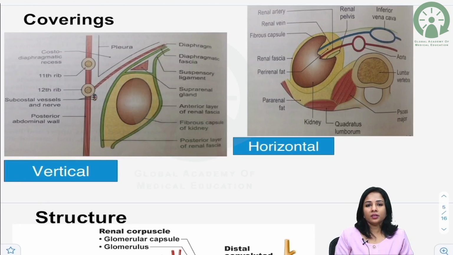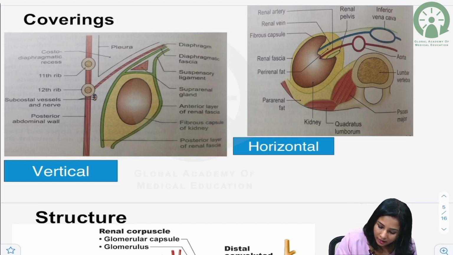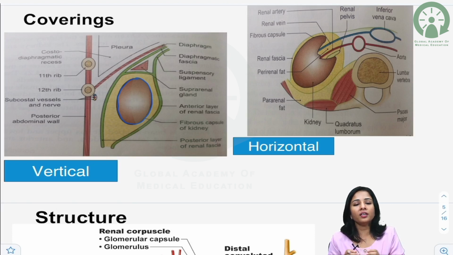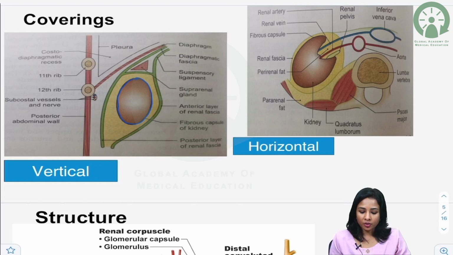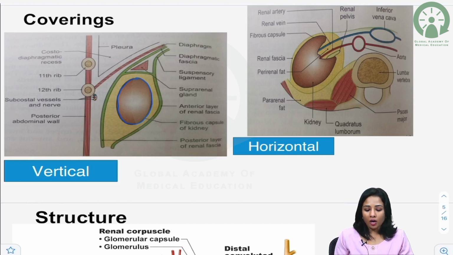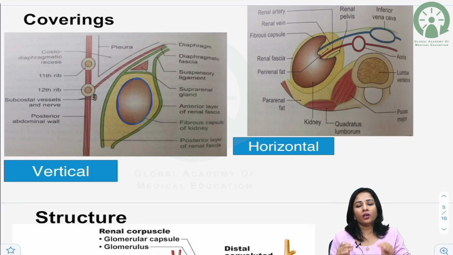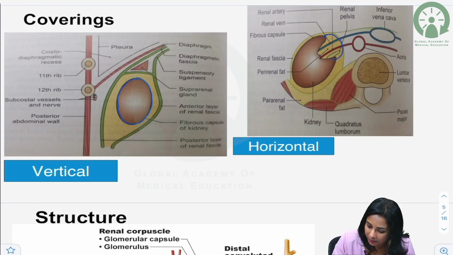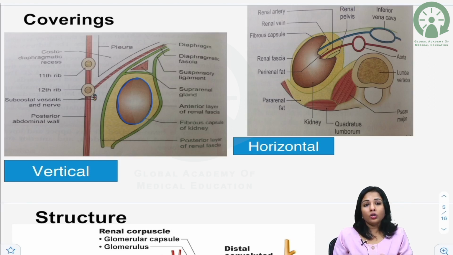Coverings of the kidney: like a gland, it is covered by a true capsule. The true capsule is called the fibrous capsule of the kidney, which is intimately along with the kidney, but it can be easily stripped off. So that is about the fibrous capsule. Outer to the fibrous capsule there is a thin layer of fat which is called perinephric fat. Perinephric fat is present in larger amount near the hilum of the kidney, and the remaining we can see as a thin layer of fat, and outer to the perinephric fat